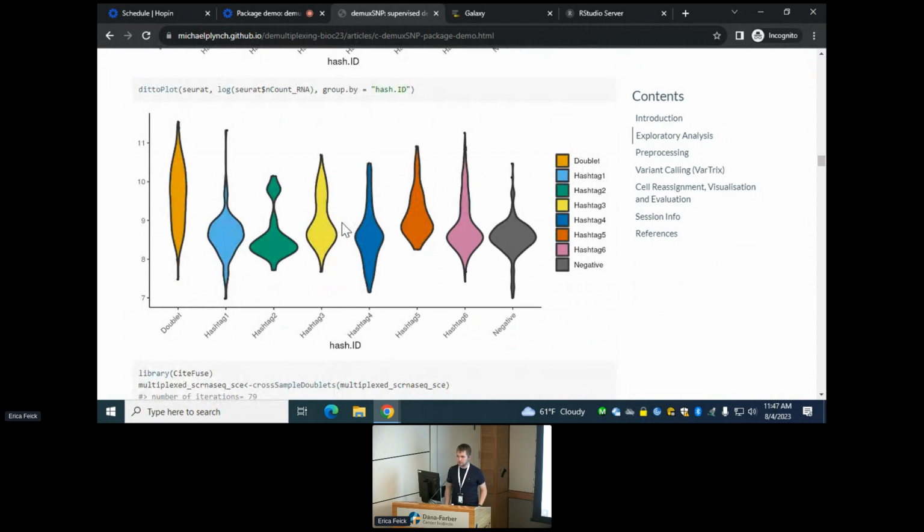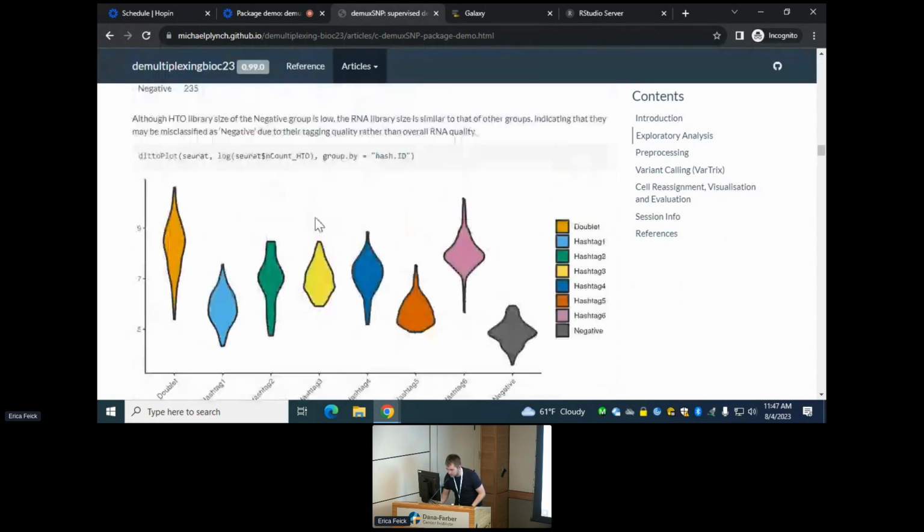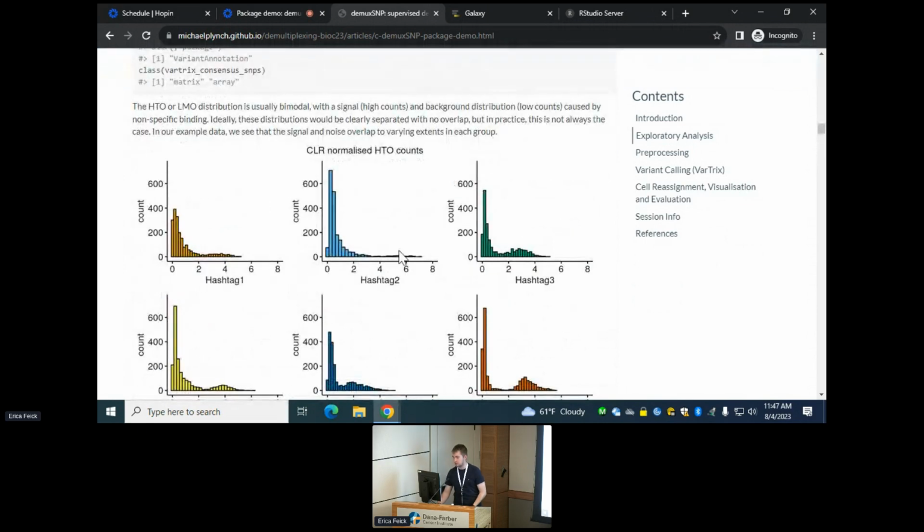I would be very much pro using the HTOs. The HTOs aren't perfect, and in our lab and in some other labs, we've anecdotally heard of issues with the tagging. However, this is why I'm quite pro HTOs. We applied some of the SNP algorithms when we saw dubious HTO quality. And what we got was, if I go back to my hashing distributions, in this #2 group here,